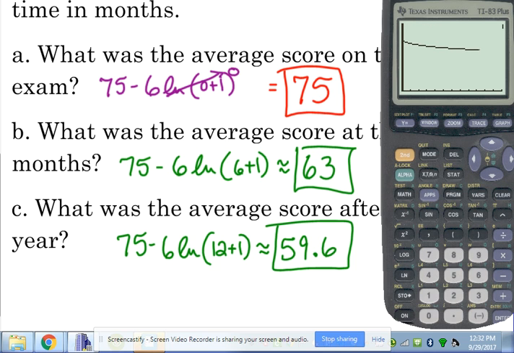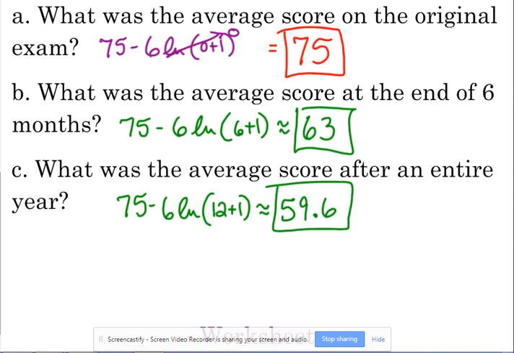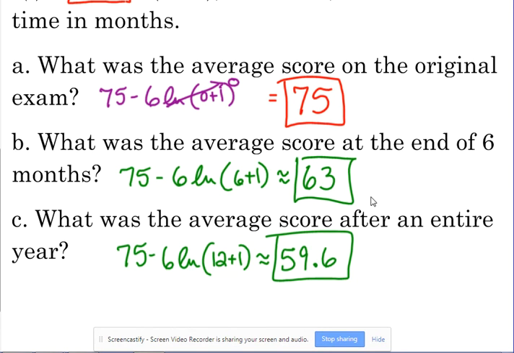And here's what the function looks like. Because it's the negative in front of that natural log, it flips it over from what it usually looks like. So you can see it decreases more sharply at the beginning, and then it really starts to level off towards the end. All right, so kind of interesting that that's what that model follows. Okay, so on your worksheet,